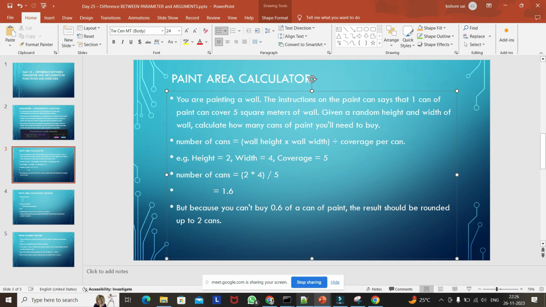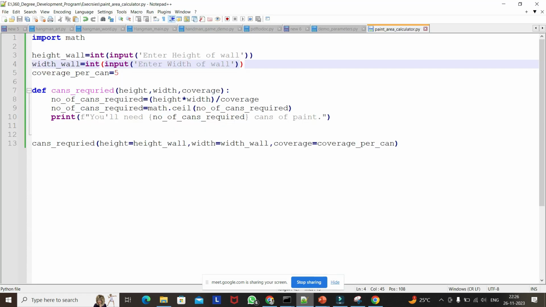So that's why we are using the ceil function to convert decimals to integers. With the round function, if it is 1.5 or less, it will round down to 1, but if it is greater than that it will round up to the next integer. But if you want to round off only to the next integer, then you have to use this